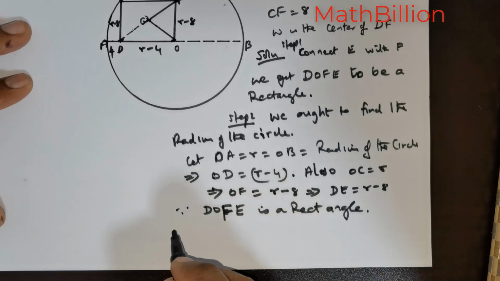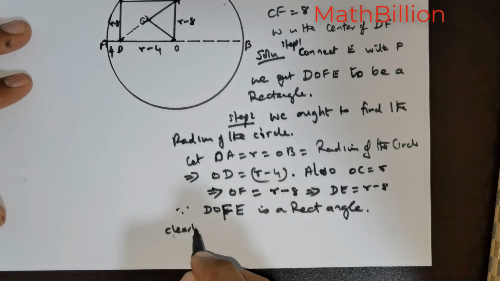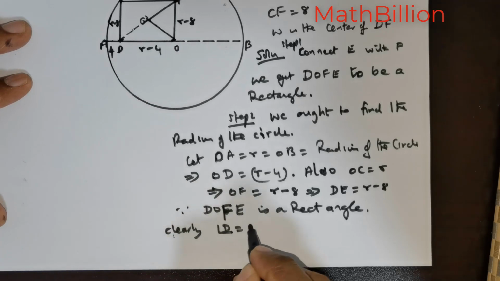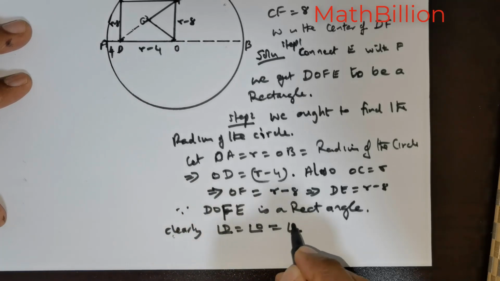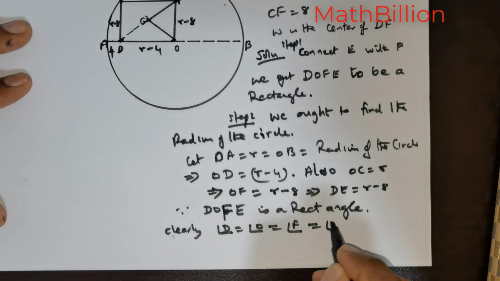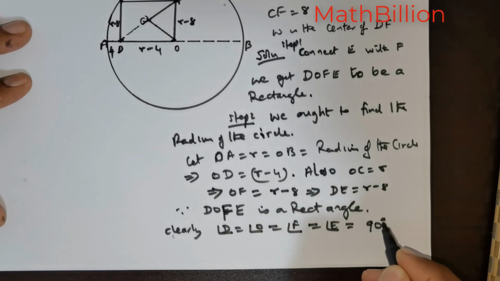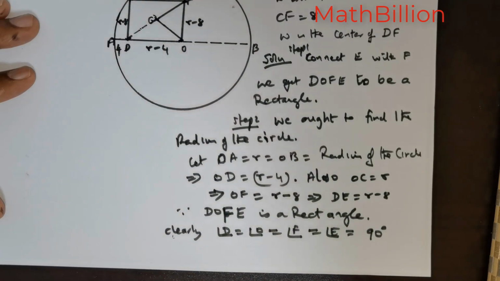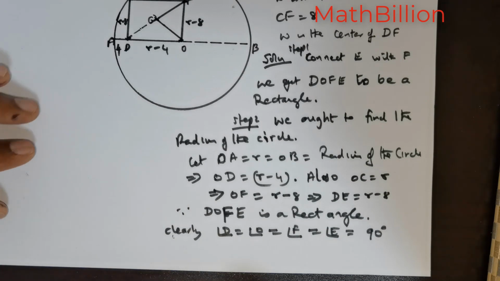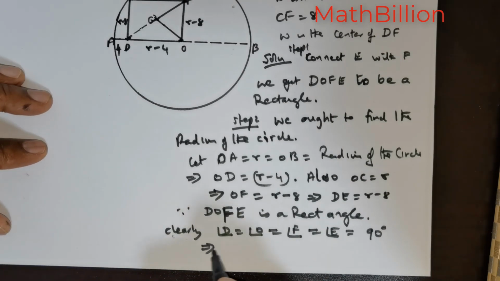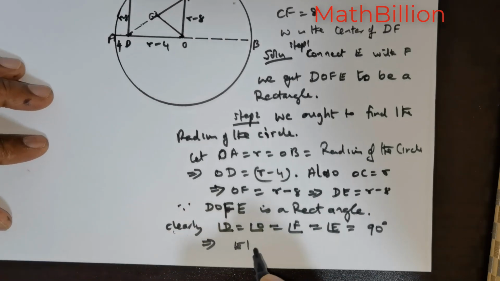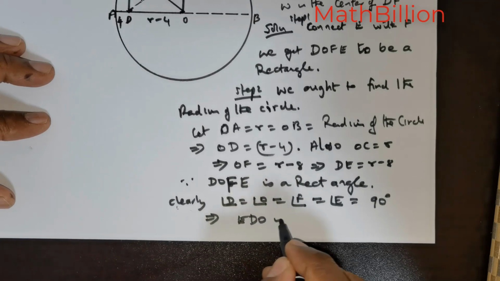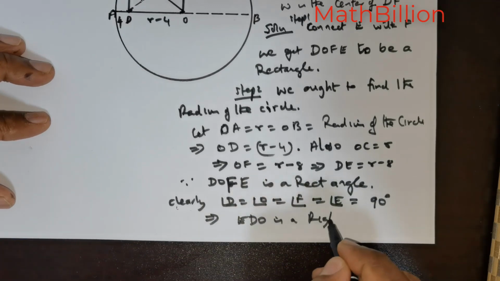Now clearly angle D is equal to angle O is equal to angle F is equal to angle E is equal to 90 degrees. Okay, so this would mean EDO is a right angle triangle,